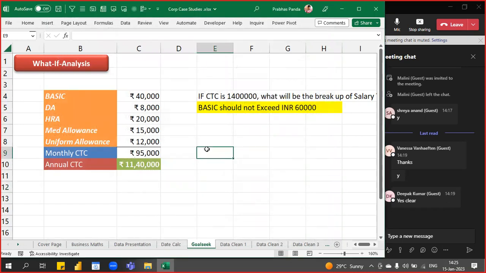So how to use this data analytical tool GoalSeek? We have got a basic understanding, and I told you the uses where you can use it. And one more usage I'll tell you. Suppose you are paying your EMI for your housing loan. Suppose you have a home loan, and at any point of time you want to check: are you paying the exact amount you are supposed to, or are you ending up paying some extra amounts? At any point of time, if you want to cross check with the banker's disbursement schedule